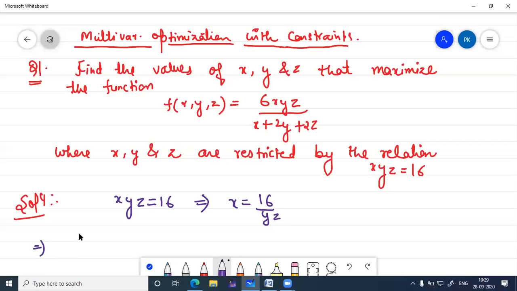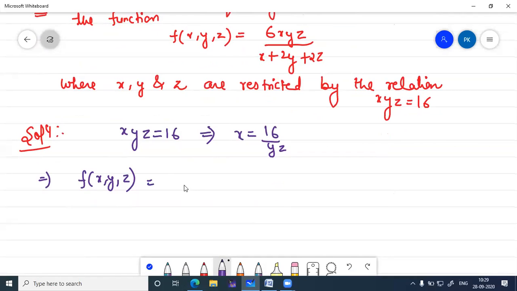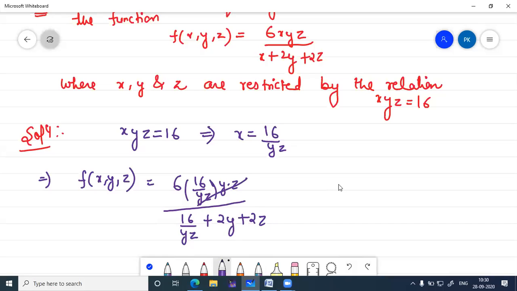This implies my given function, which is in three variables x, y, and z, will be equal to 16 by yz multiplied by yz, divided by 16 by yz plus 2y plus 2z. So it cancels out, and it is equal to